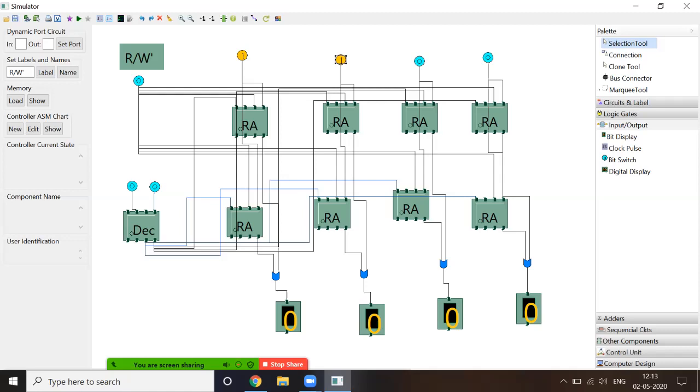If you perform the experiment as given in the virtual lab, then you will have 2 more rows. Then you can put here 10, then it will select the third row, and 11 the fourth row. Okay, but for demonstration purposes we are going to use only 2 rows over here. So this is 00, so this row is selected, data is 1100, and read or write operation is 0. So now I will perform the write operation.